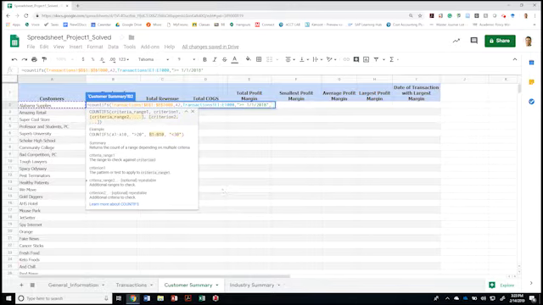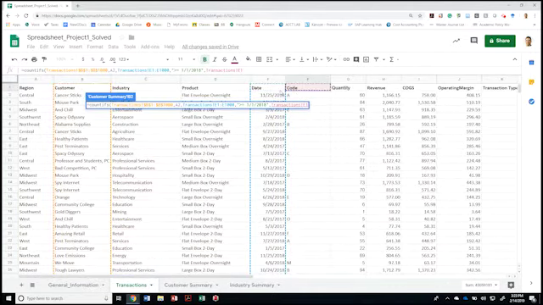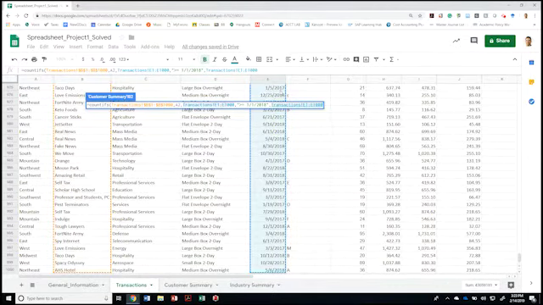So I'm looking for transactions whose name contained in the B column match the name in the A2 field. And I'm also going to look for transactions whose date contained in the E column match or are higher or equal to 1/1/2018. Now, if I keep adding transactions for 2019, 2020, then I would get those unless I add an additional criterion. And in this case, I have to go and add an additional criterion based on date. So once again, I go and select E1 all the way to E1000 as my